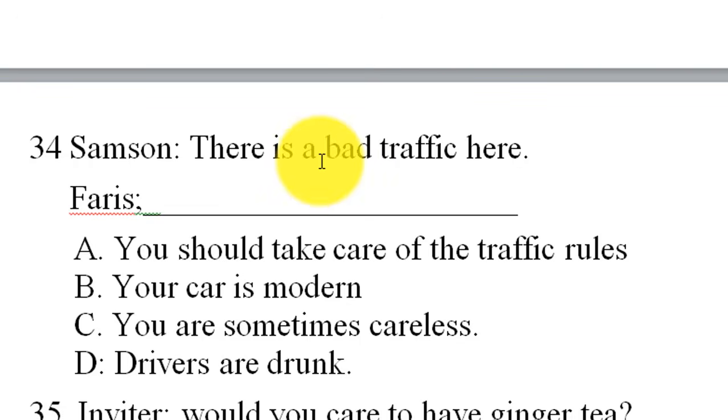Samson and Faris, there is a bad traffic here. It's simply a statement. Faris, you should take care of the traffic rules. The first thing you consider is the traffic rules. If you miss the traffic rules, you'll be punished, right? Your car is modern? No, modernity of the car is not the point. You are sometimes careless? No carelessness. Drivers are drunk? No. If drivers are, there are some accidents. There are a lot of accidents today. Of course, drivers are the cause of car accidents, obviously, but the question doesn't